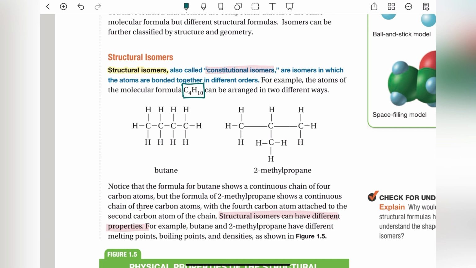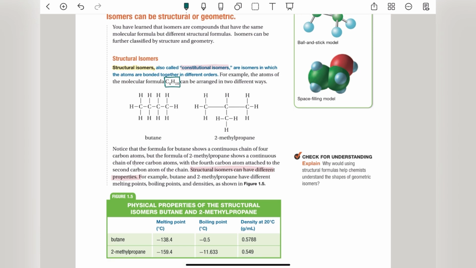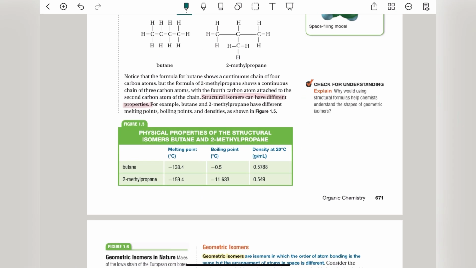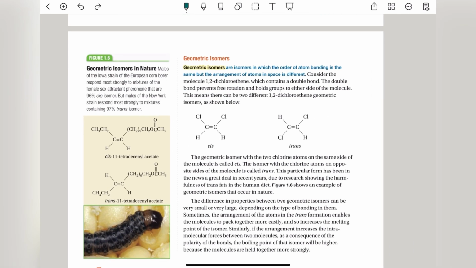So that is exactly why organic chemists are using structural formulas and not chemical formulas on a regular basis, because isomers exist. We're going to come back to this question after we're done, because it talks about geometric isomers that we are about to